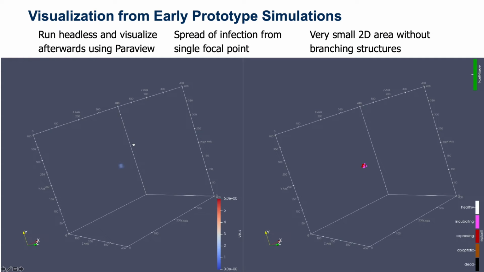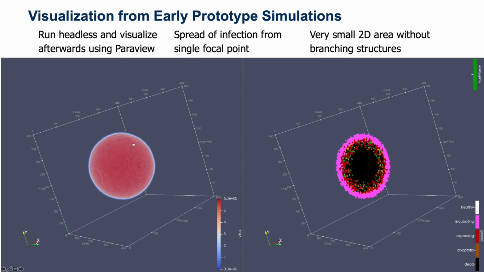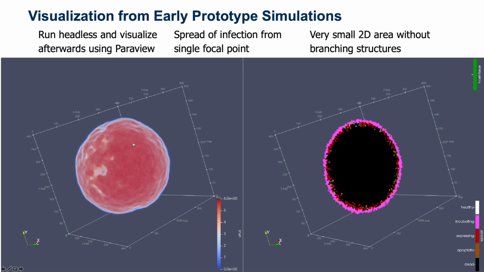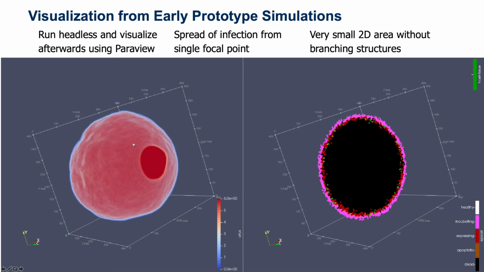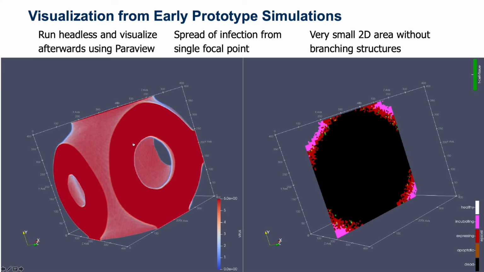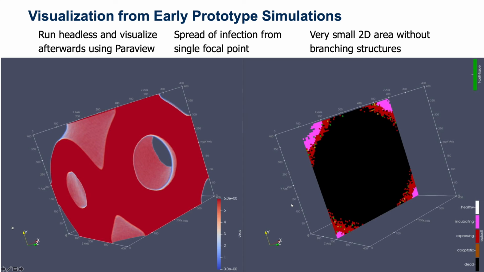This last slide is going to show visualization from an early prototype of this application. This is just a 3-dimensional cube with one small portion of the lung in it. So this is not looking at the whole lung. You are seeing the virus spread, and in this case, you'll see it now sort of oscillate as the viral load and the T cells are working against each other, and then now getting to the edges of the simulation boundary. I think this is a very exciting use of UPC++ to solve a timely and critical problem and to really understand the immune response to COVID-19.